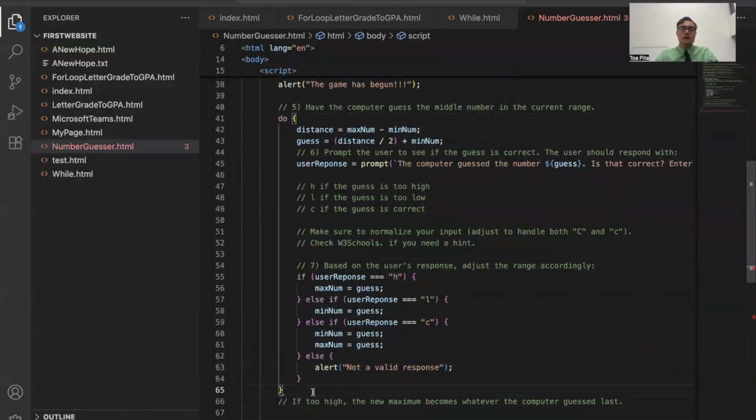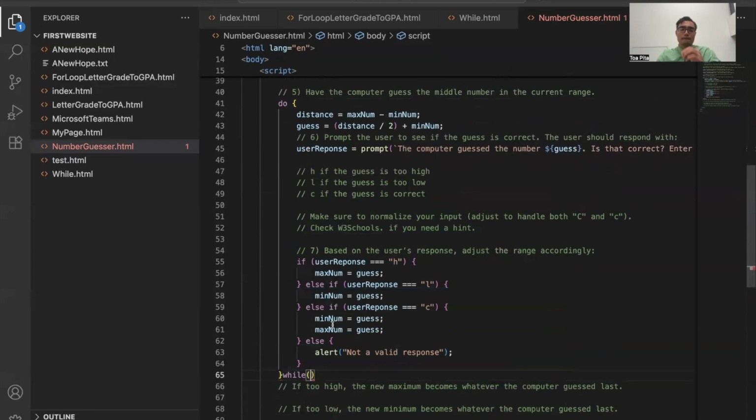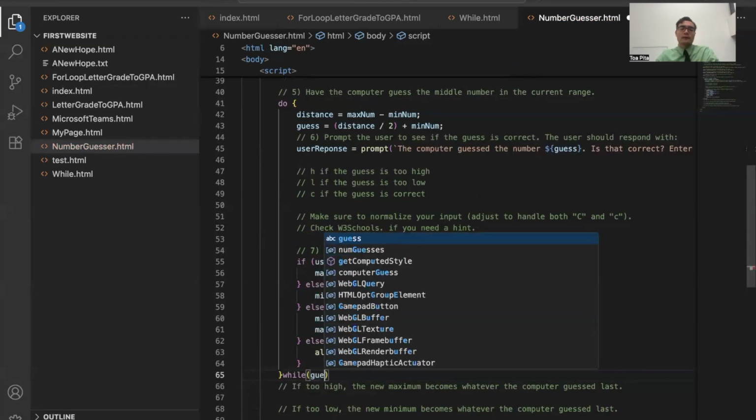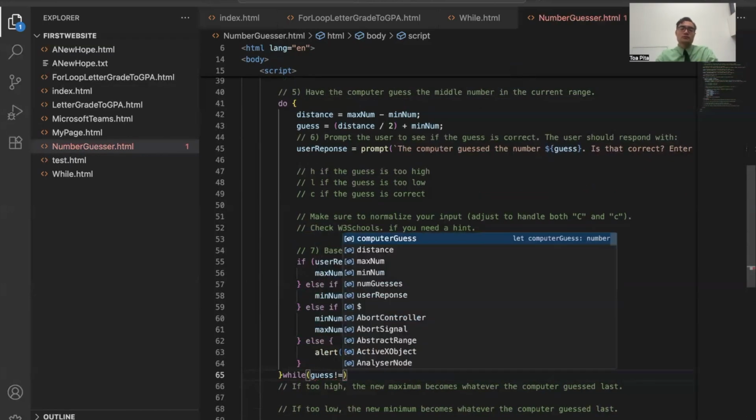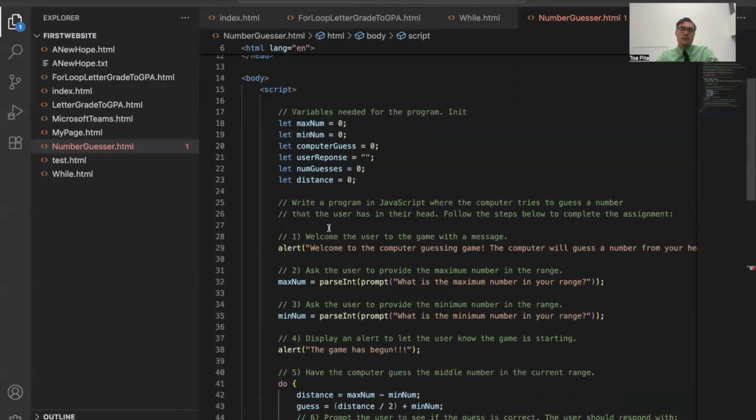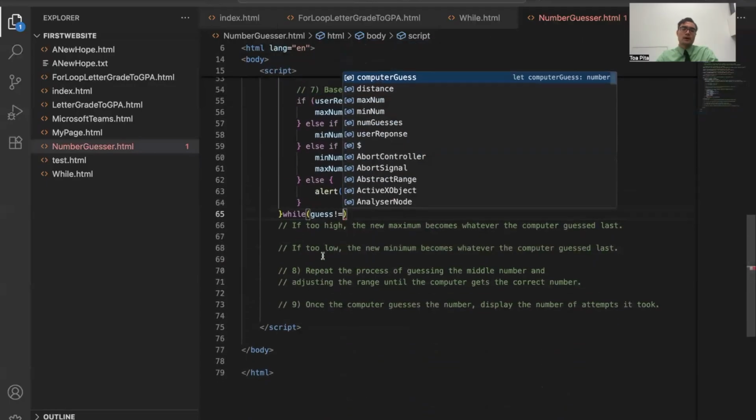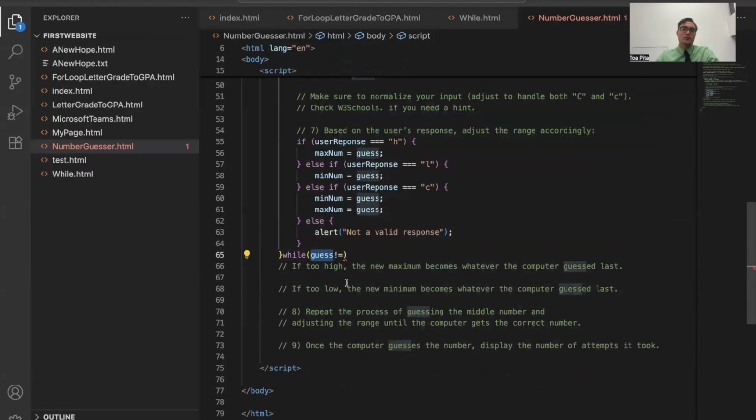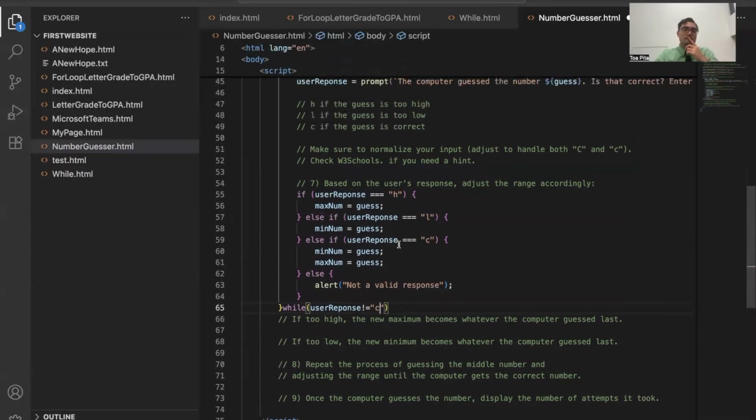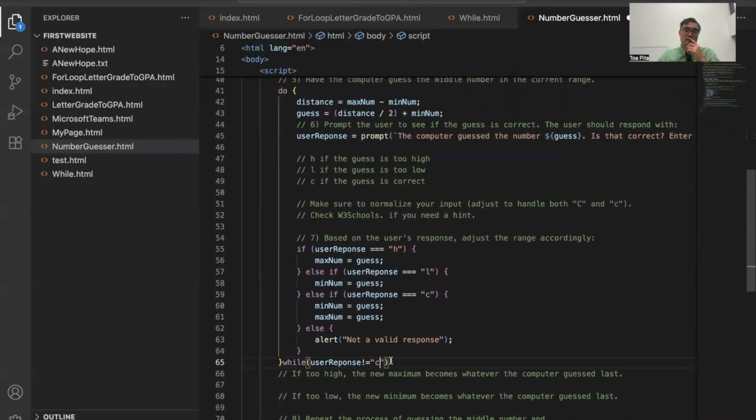So I'm going to do this while the guess is not equal to the, sorry, we're going to run this while the user response is not equal to C. Because if the user response is C, then it's the number from the user's head. If it's not C, then we need to run this loop again. So while the user response is not C,